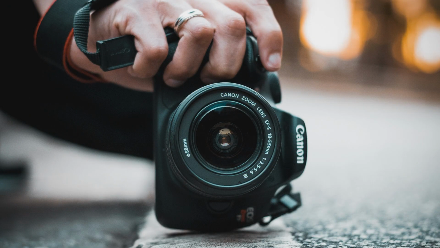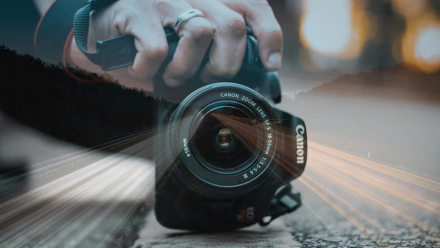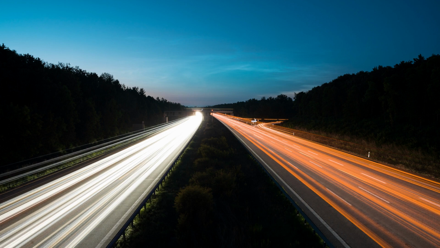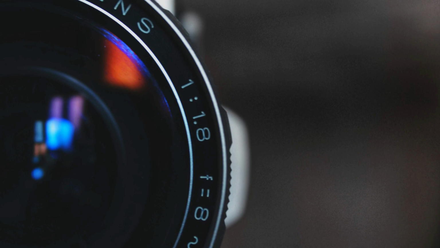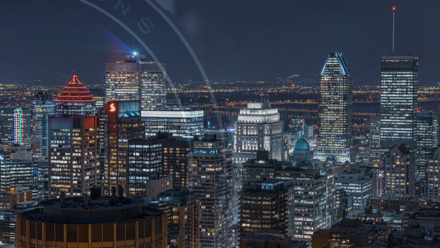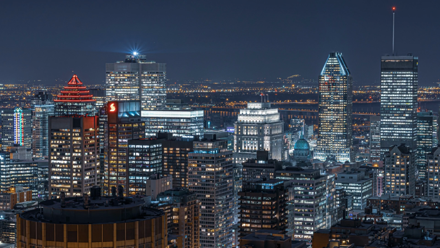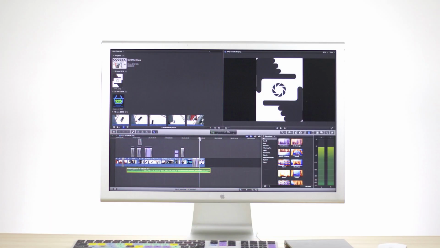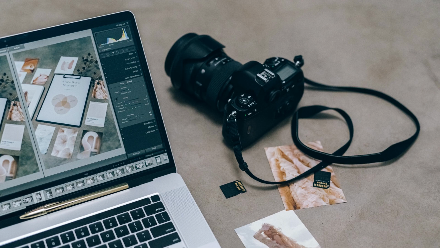It can also improve the contrast and saturation of the photo, making the colors more vibrant. But Dehaze isn't just for landscape photography. It can also be used in street photography or portrait photography, to add a moody or cinematic effect to your photos. However, it's important to use Dehaze sparingly. Too much Dehaze can make your photos look artificial or over-processed. A good rule of thumb is to use Dehaze only when necessary, and to adjust the strength of the effect